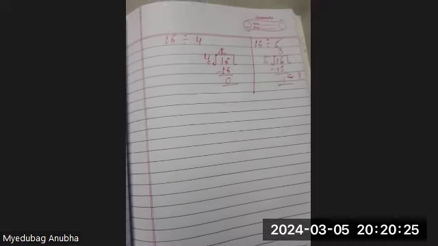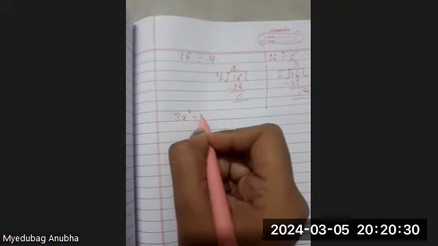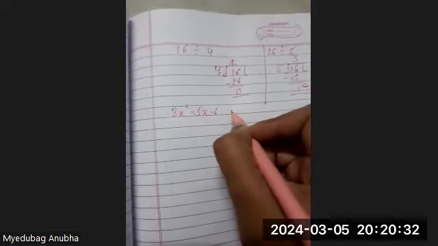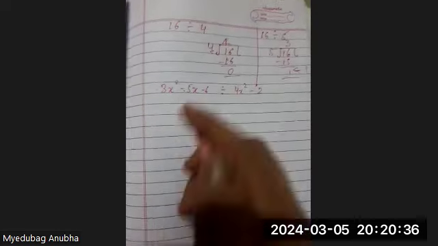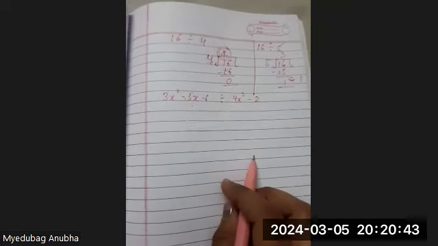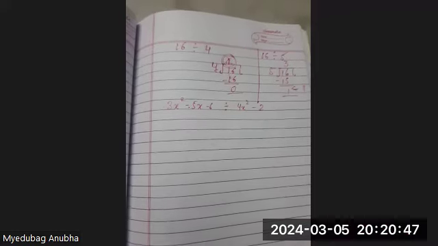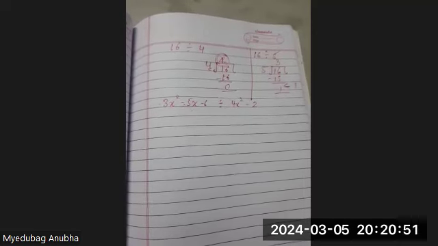Now how the question will come to you? They will give you like 3x square minus 5x minus 6 divided by 4x square minus 2. Understood? So this is the kind of question. What we have to calculate is this part, the question part. Understood the questions that are coming to you? Now, making you understand one question very deeply, just carefully look and then you will do that similar question